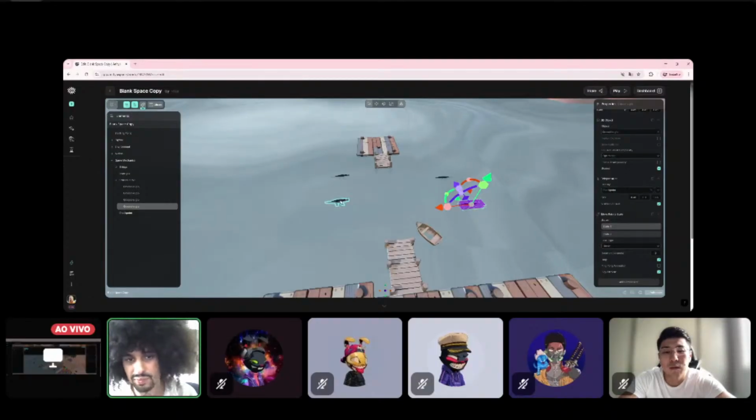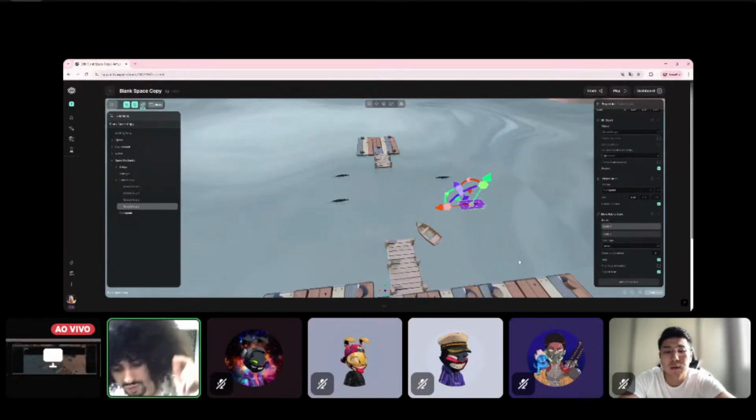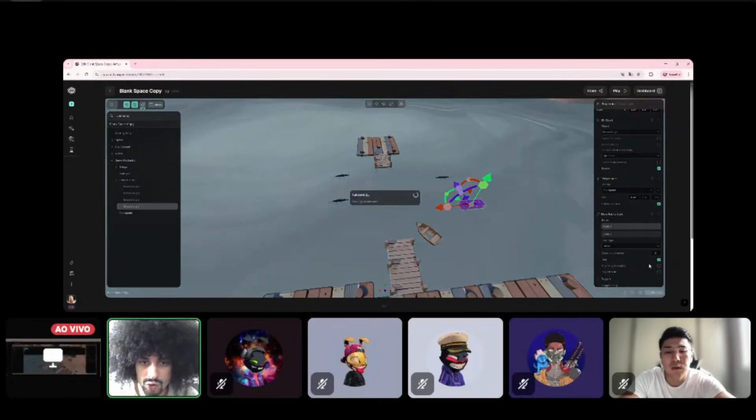But this specific move rotate scale, I wanted to play on load. I wanted to play on start. Basically, I want to load my scene and I want this to be playing and looping. So I just need to toggle the loop and the play on start. And as you see, if I toggle both,